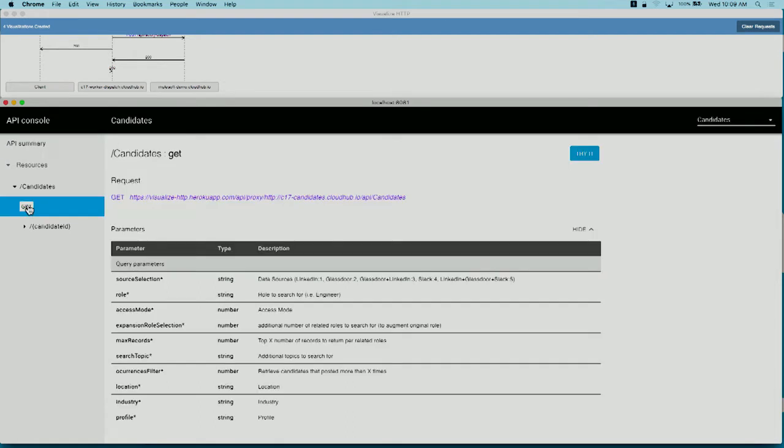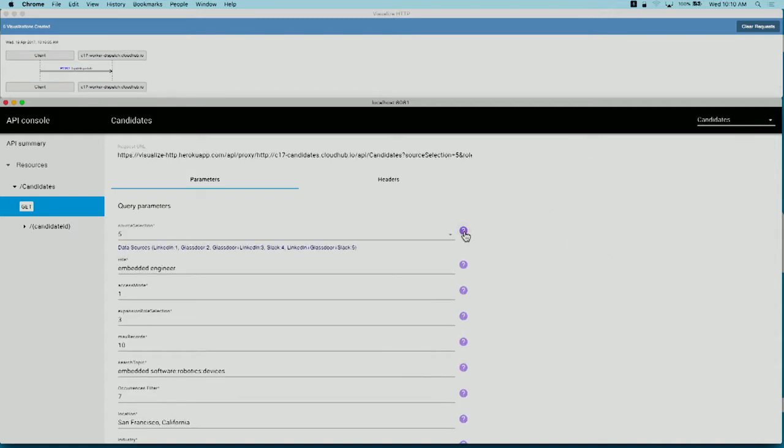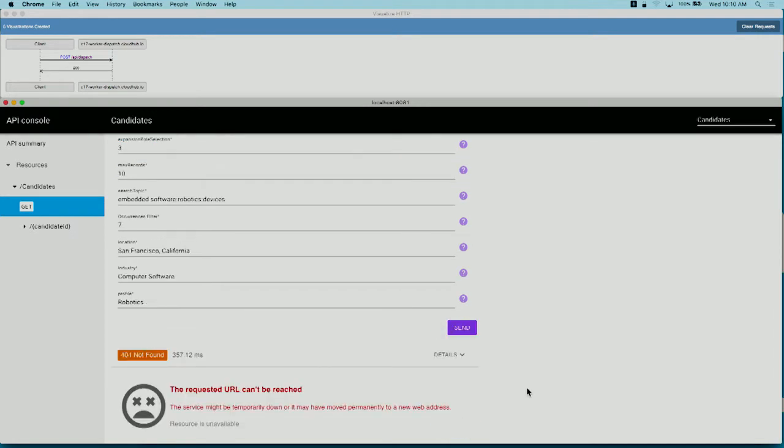You can see it's an extremely simple API. I give it the various criteria here. I'm going to go ahead and try it. And if I want to know which one to actually hit, the documentation's embedded here. I'm going to go ahead and do a 3, which shows me the particular sources, and let's see what information I get back now. So remember, this is enhancing LinkedIn with information about previous careers from Glassdoor. And when I send that in,